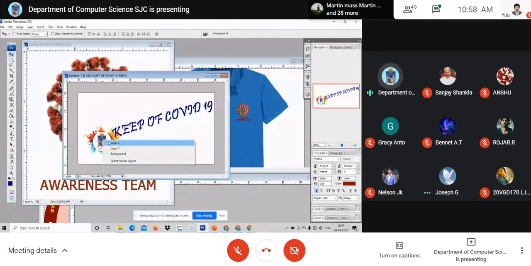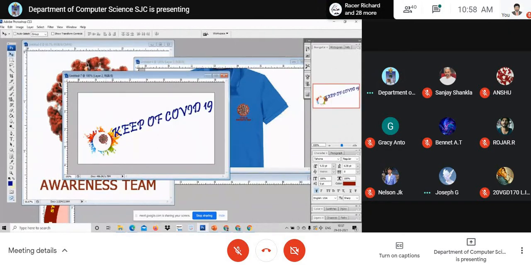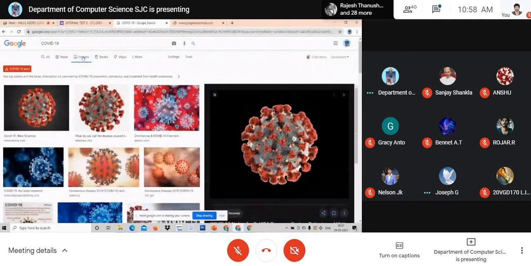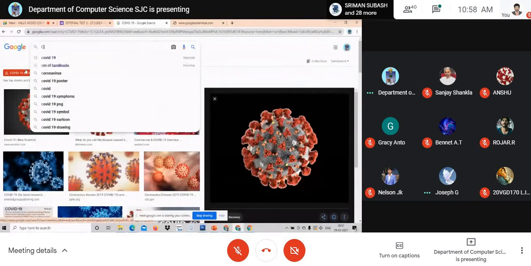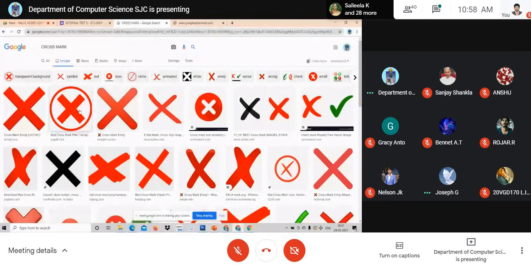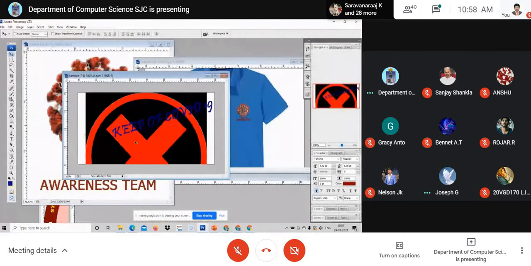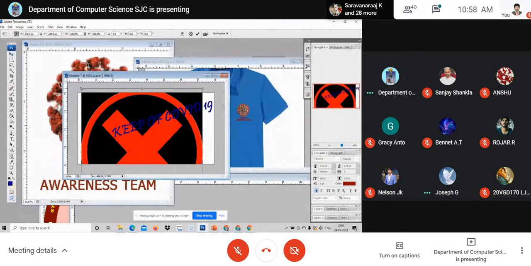And you can change this into maybe some COVID mark. I just copy, reduce it.